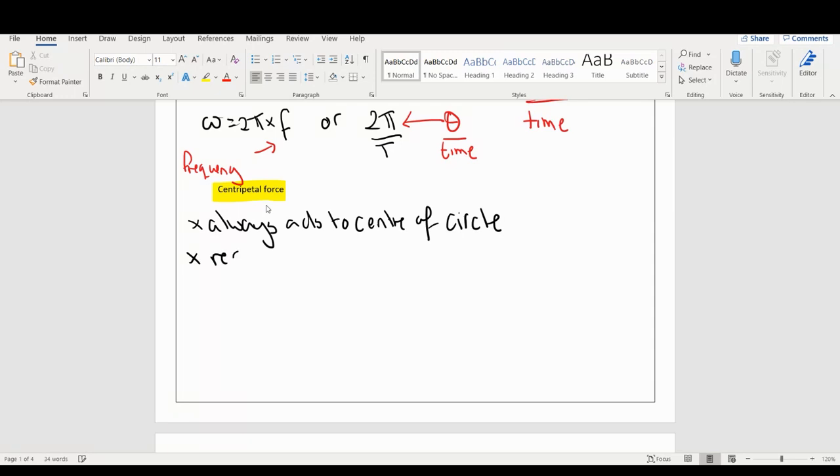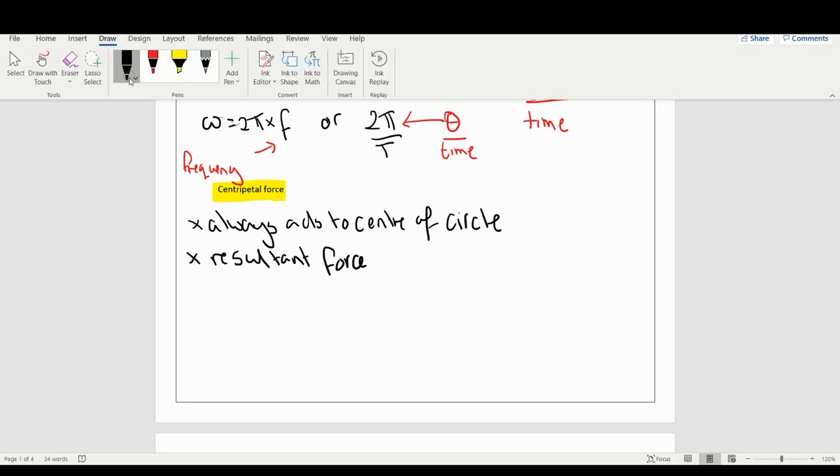That it is a resultant force. It isn't a real force in its own right, okay? So by that, I mean it is what we call the resultant of the forces that are acting in the center of the circle. So what I mean by that, as an example, if I just go and grab this here and move it over, if I had an imaginary circle like this,